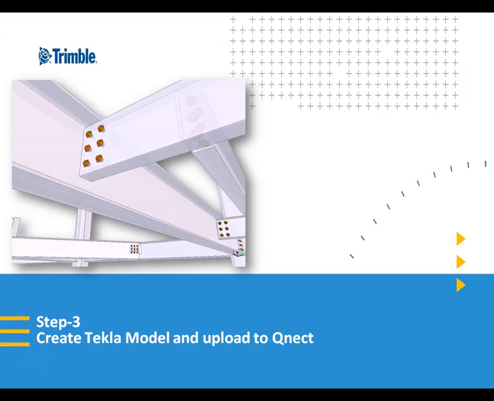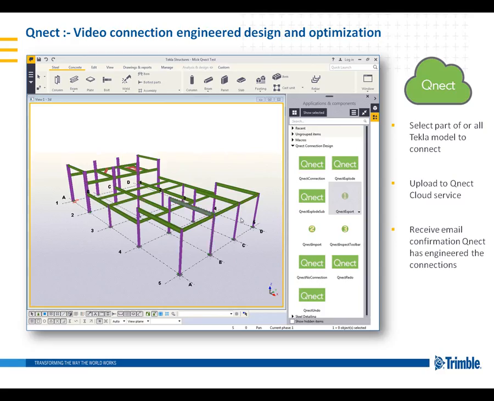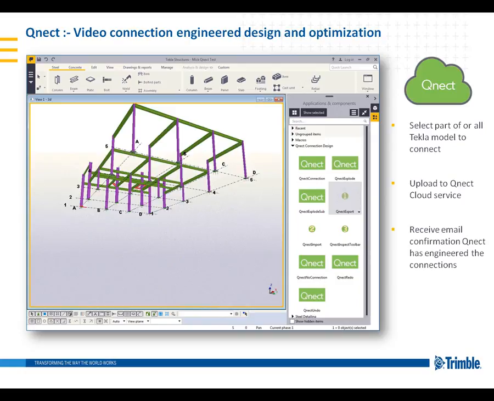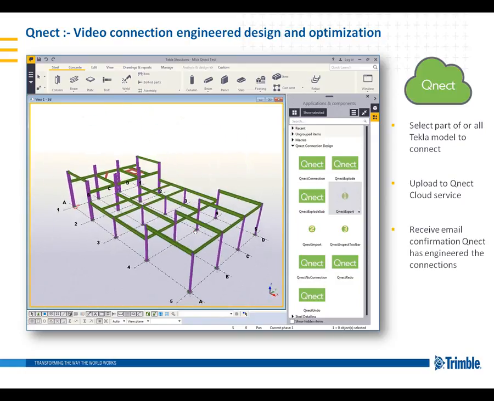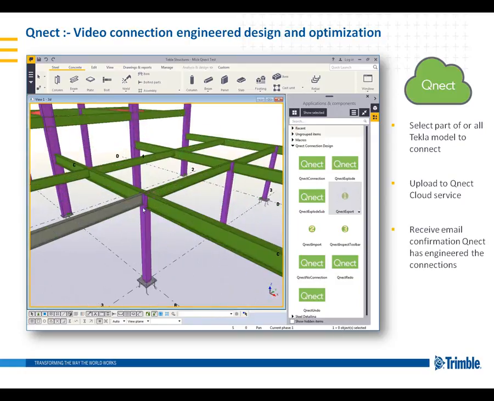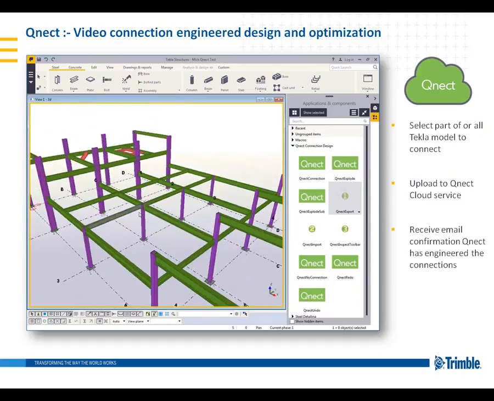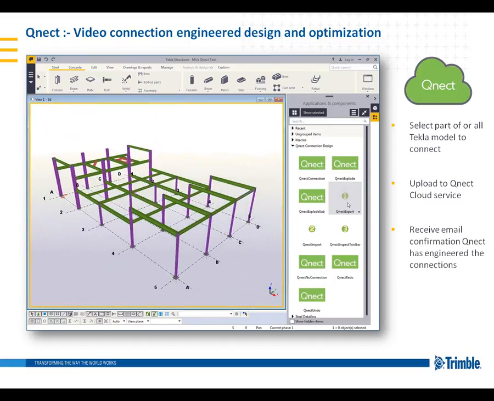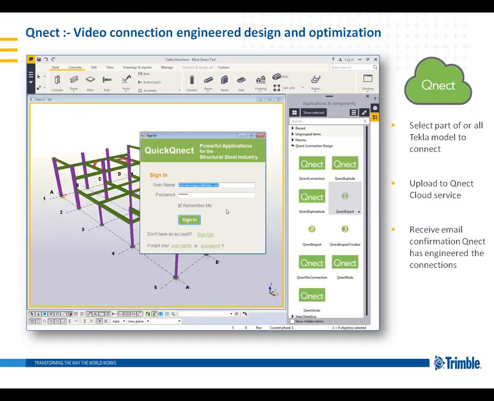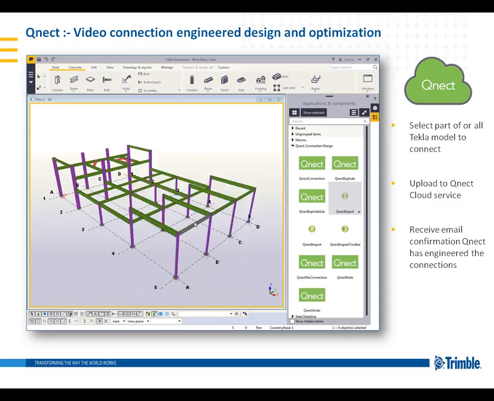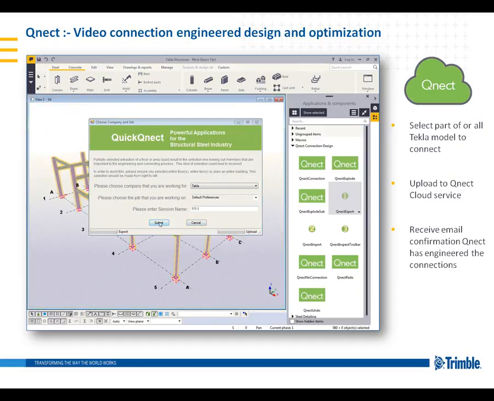Okay, so let's take a look at that. So here we have a Tekla model. You can see here it's just beam to beam, point to point, actually drawn in. I have actually applied end loads to the end of these members, as we would with any kind of typical end load. What we do then is use the option 1, which is Qnect export, give it a project name,